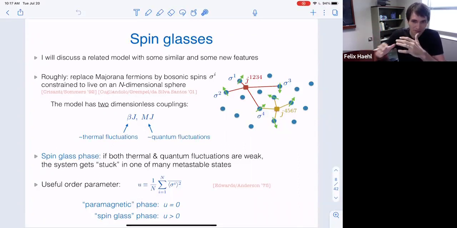So the system becomes very viscous, relaxation times diverge, and the spins freeze in some state, which is locally stable, but it's probably not the lowest energy configuration. So you have a large number of metastable states, and it takes a long time to move between them. Another way to say it is that the system loses ergodicity,